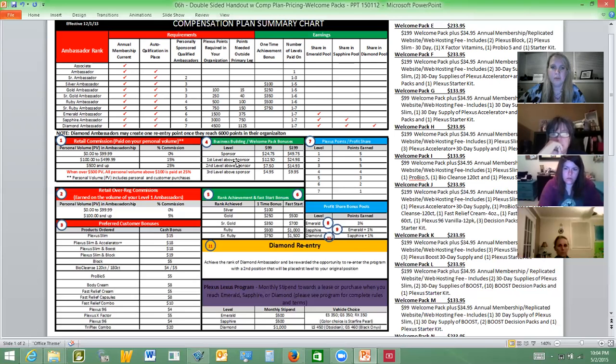And then you'll also see first, second, and third levels above you would get a bonus as well. Okay, so if you've got a friend below you and they sign someone on, then you also get a small percentage of that welcome pack as well. Okay, and that also explains why you don't get PV on a welcome pack. We don't get to count that towards our commission because we're already getting paid a bonus off of the